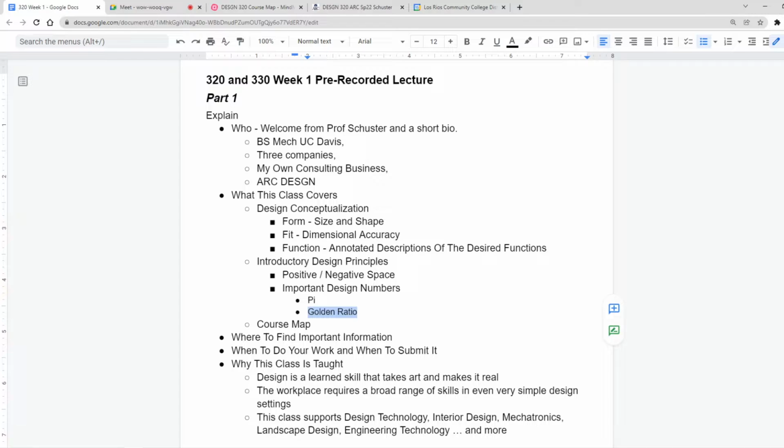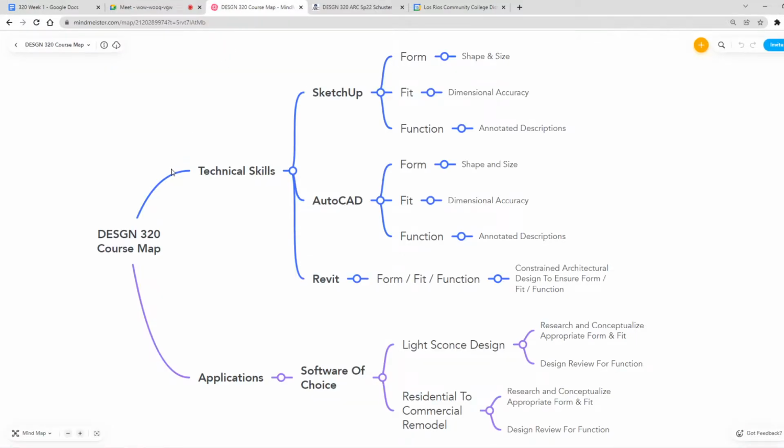Okay, and then let me just show you, we've got a course map, and this is what it looks like. This is our course map for Design 320. For Design 330, I'll show you another course map, and I'll cut and paste that into this part of the video. But in Design 320, we're going to cover technical skills first for the first half of the class, about 8 weeks.